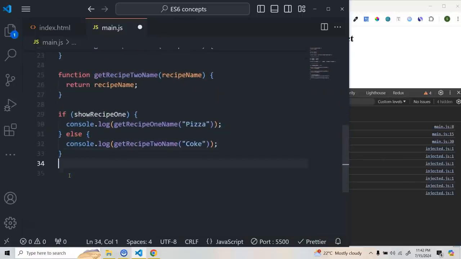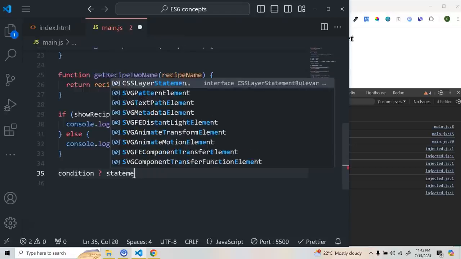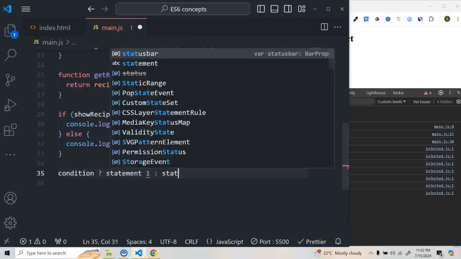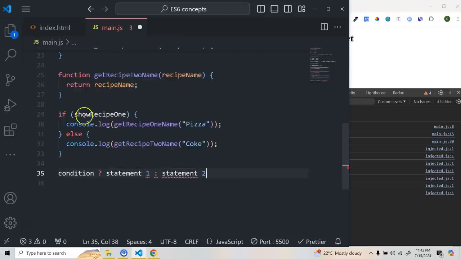Ternary basically tells you to give the condition, and if this condition is satisfied, then you pass statement 1, or else you pass statement 2. Now here, if you compare both, this is nothing but your condition, correct? Then you are telling that if this condition is true, you render statement 1, or else you render statement 2. So how are we going to do that? We'll say if this show recipe 1 is true,